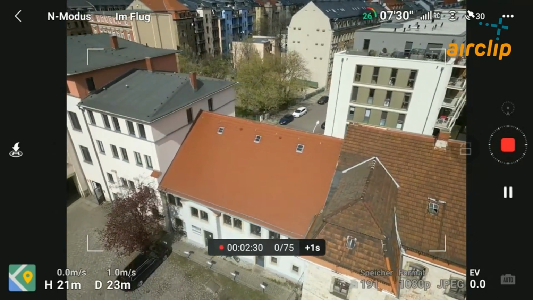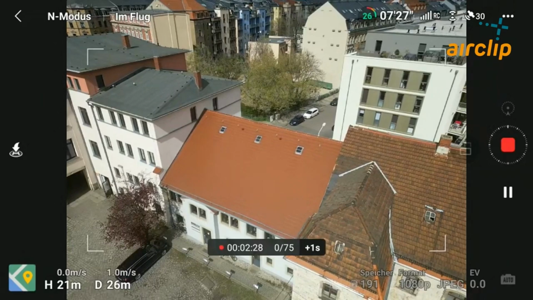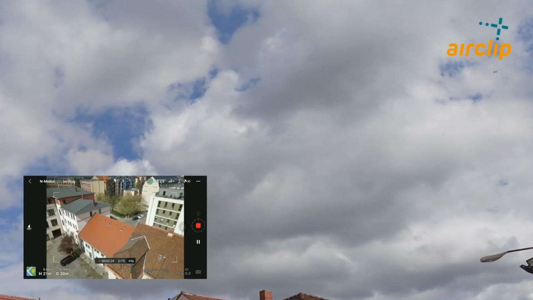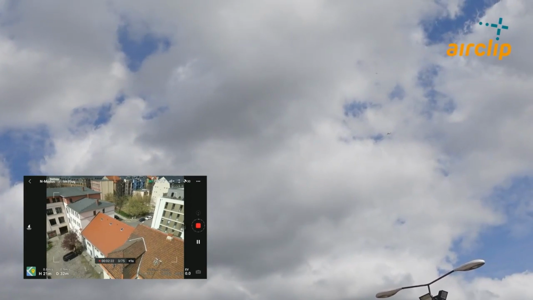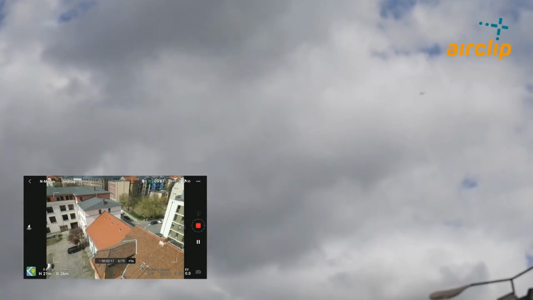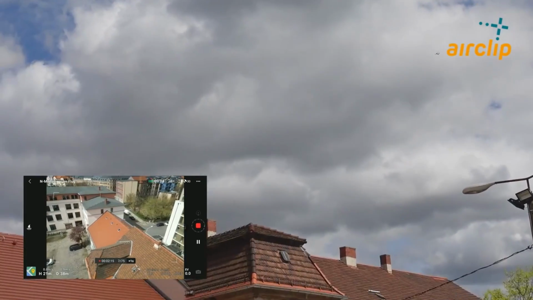And if we now press the start button or the recording button on the right hand side, as I've done right now, the drone starts circling and takes the images. That's what you are hearing right now as well.